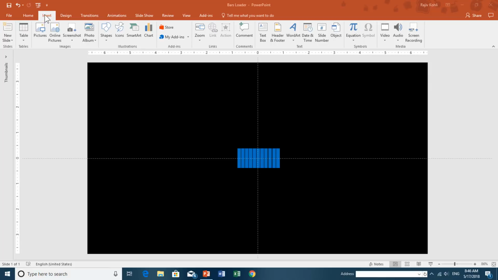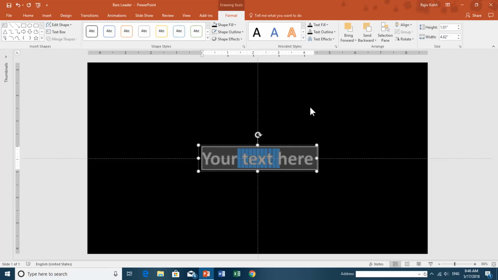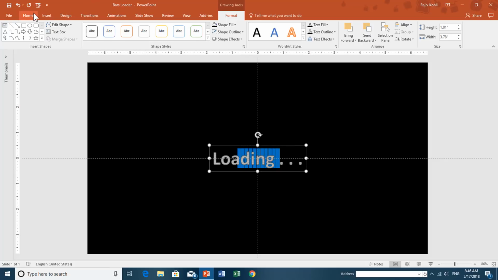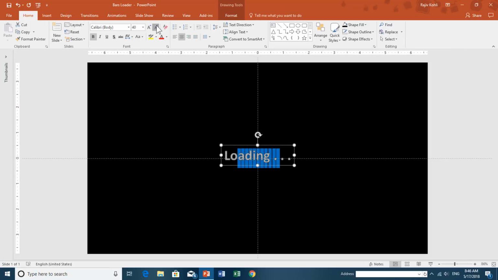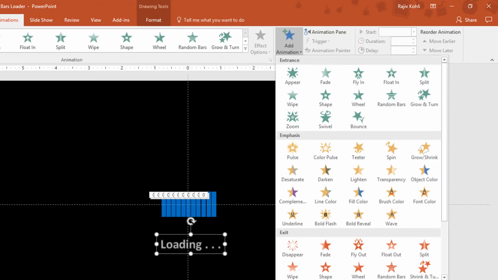And for the text, I am going to insert word art and choose pattern fill and type your text. And if you want to type a few dots here, then make sure to add a space between each dot, and I will tell you why. Select the text, adjust the size and move it just right here, and I am going to apply underline emphasis